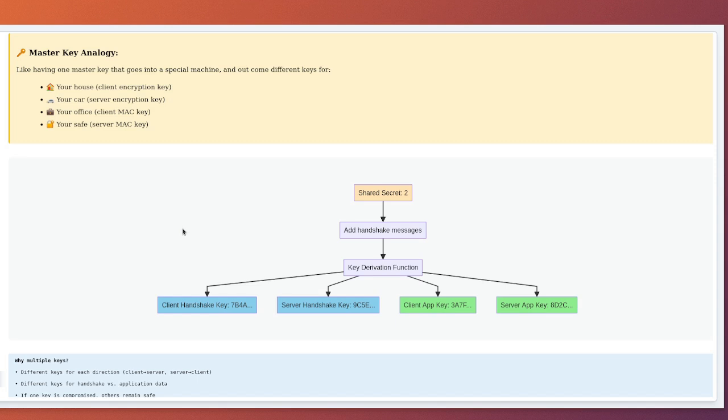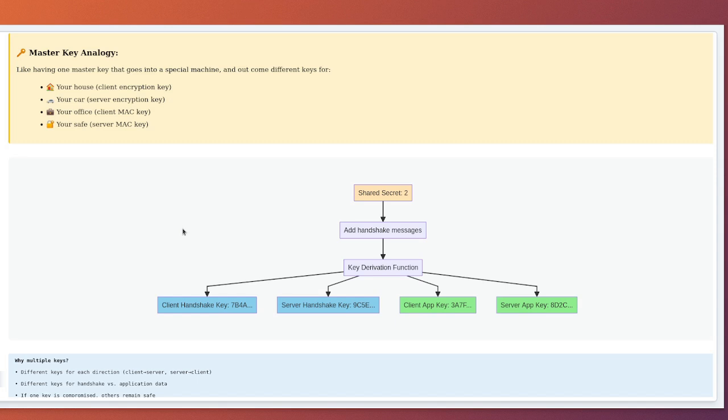Why hide these details? Imagine you're connecting to a server that hosts multiple websites. Without encryption, anyone watching can see exactly which site you're visiting. With TLS 1.3 encrypting these extensions, observers can only see that you're connecting to the server, not which specific service you're using. It's like seeing someone enter an office building but not knowing which office they're visiting.